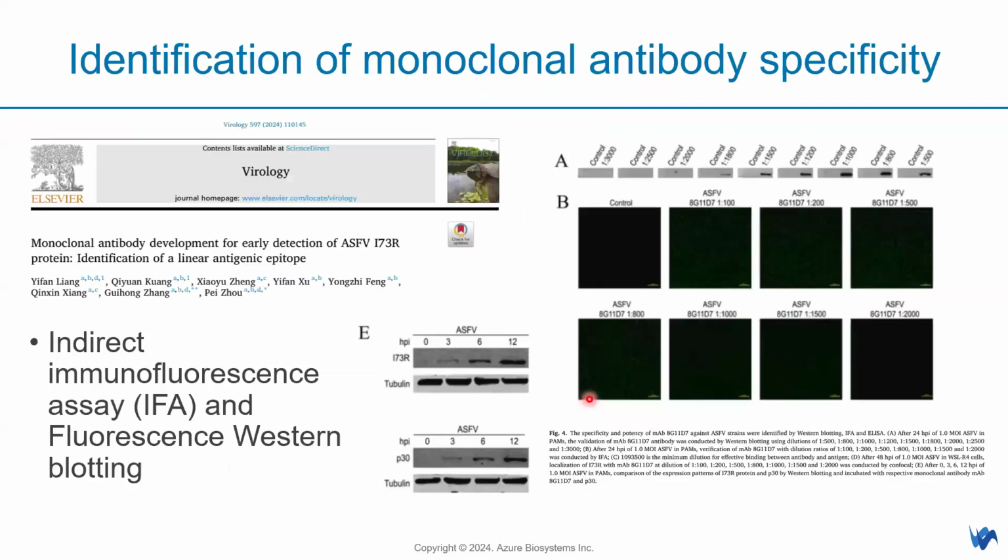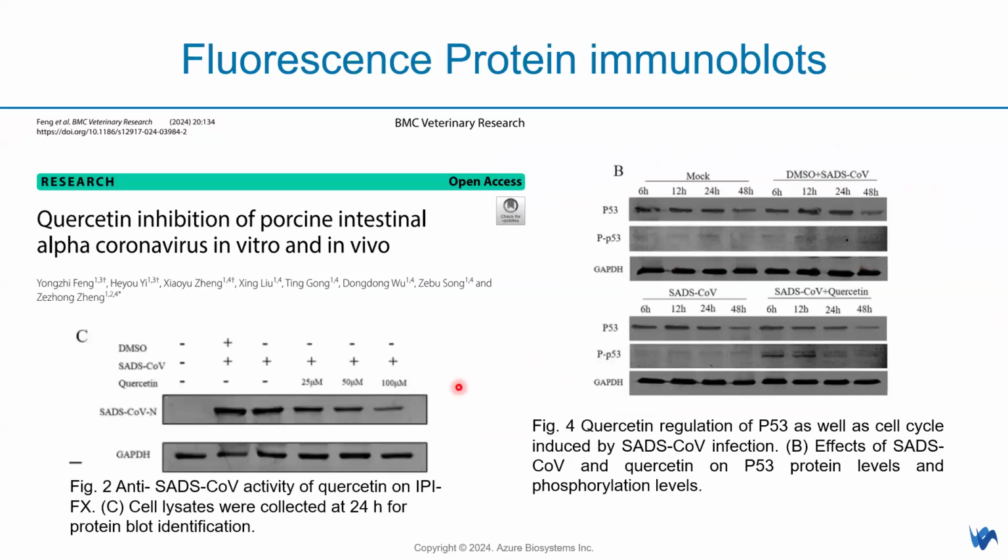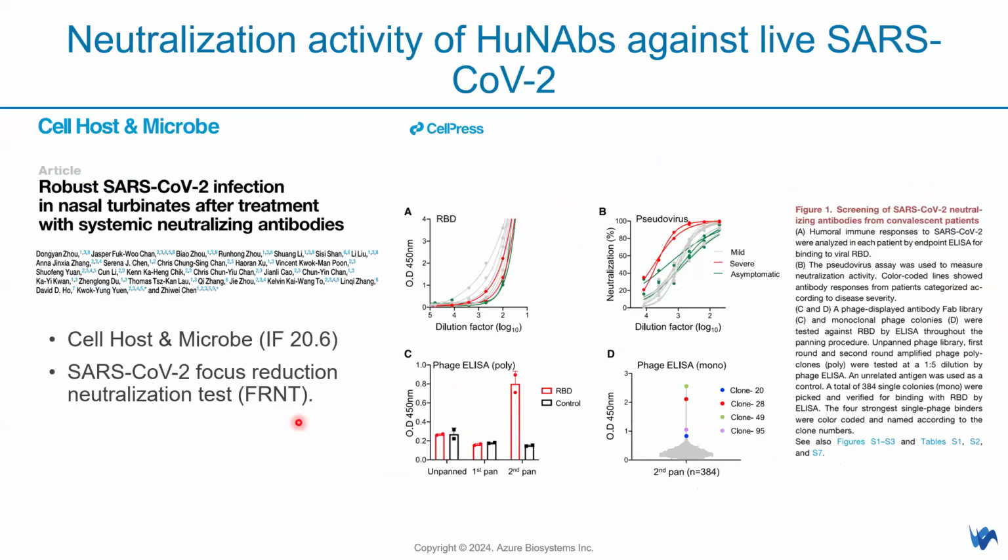Next thing will be identification of your monoclonal antibody specificity. So what they use is indirect immunofluorescence assay and also fluorescence Western blotting. They're looking at the monoclonal antibody specificity, which they also paired with their Western blot result here, top at column A. Also, second, fluorescence protein immunoblotting or fluorescence Western blot, and this is the one that is mainly used in this group